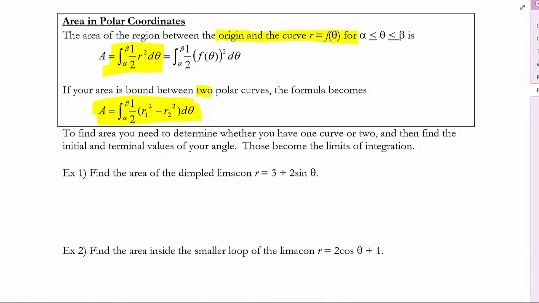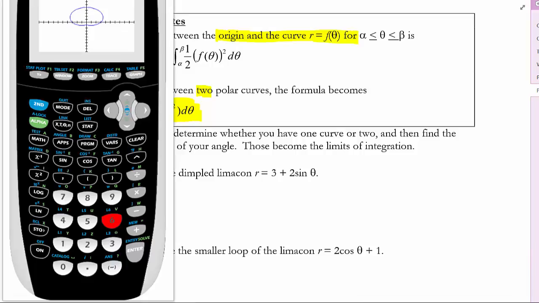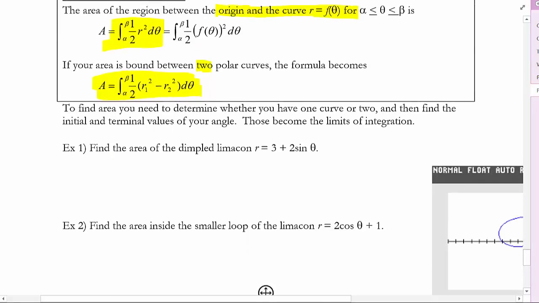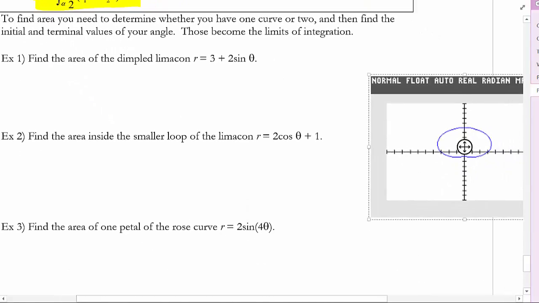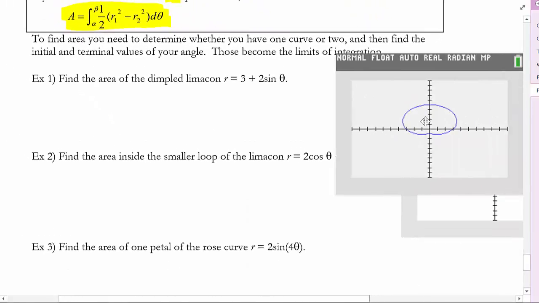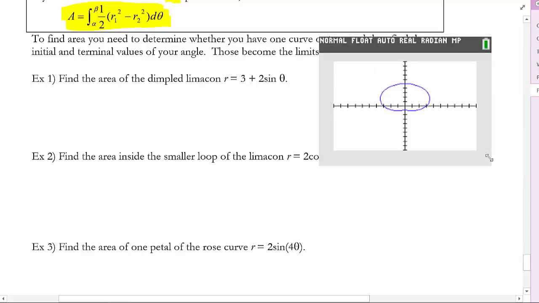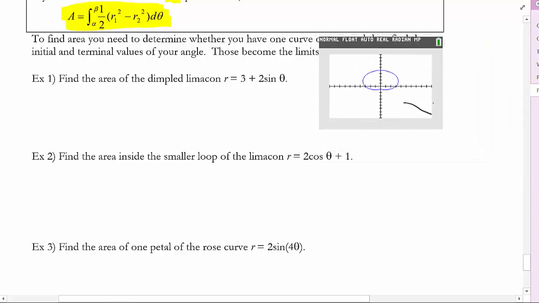So the first one, find the area of the dimpled limacon, r equals 3 plus 2 sine theta. And if I bring up the calculator here, just to give you an idea of what we're looking at, we are looking at this thing right here. It's a dimpled limacon, kind of looks like a lima bean. And if we want to find the area of that thing,